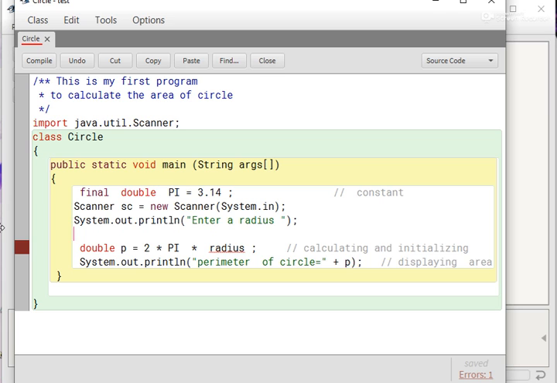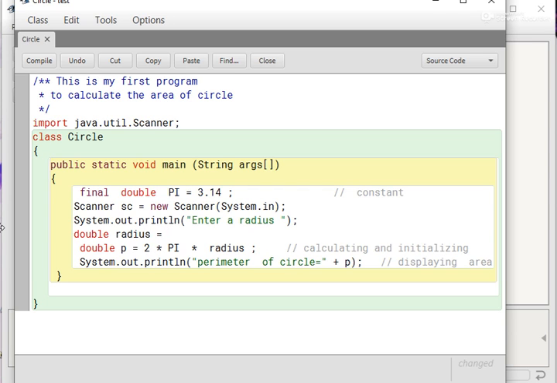After giving this message, receive the value of radius in float or double in any way. Suppose if you want to take the value in double, then you write double radius equals. Now receive the value from the user.